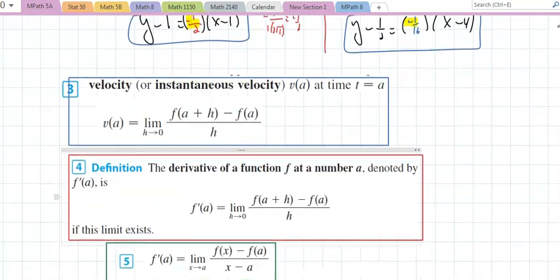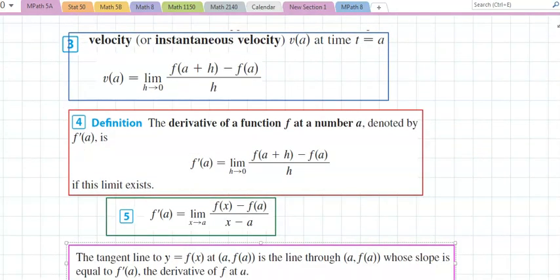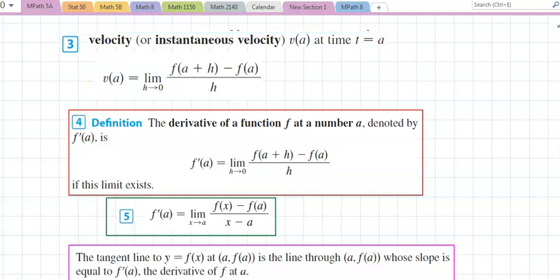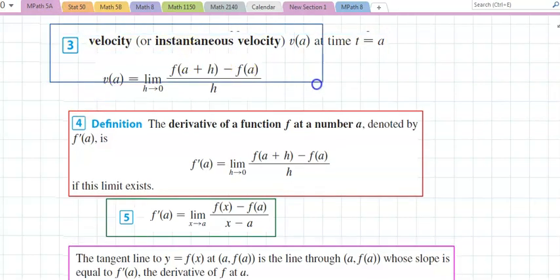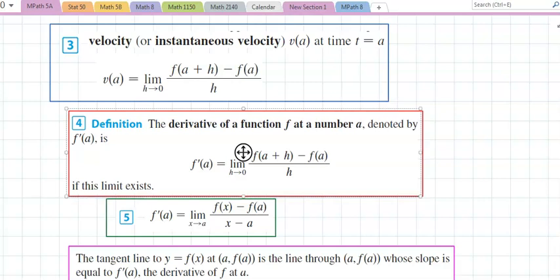So now they talk about what it means. Oh, hey, what happened to that one? Let's fix it. Velocity. The velocity, or instantaneous velocity, at time equals t. We do know that this is the slope of the tangent, in case you missed it. We do know that this is the slope of the tangent, and we do know this is the slope of the tangent. Definition of a derivative